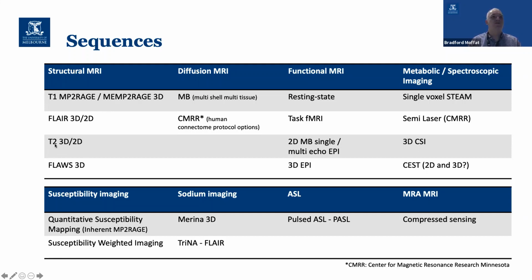We can do T2 imaging that gives us, again, great gray white matter contrast, but a little bit different to FLAIR. We can do diffusion MRI where we can really map the connectivity of white matter throughout the brain. We can measure the dynamics of the brain using a method called functional MRI. We can do this at lower field strength, but we can really speed up the acquisition of these fMRI scans